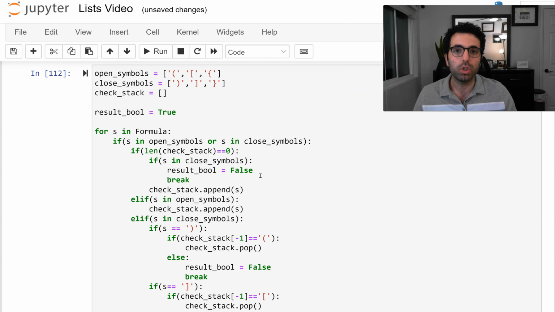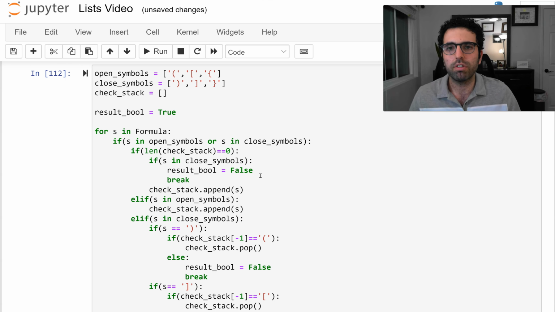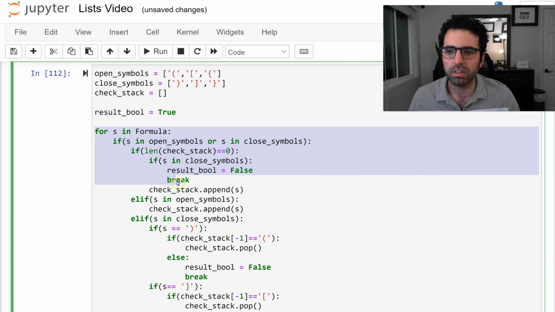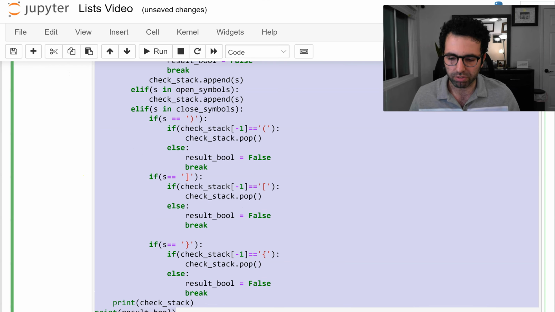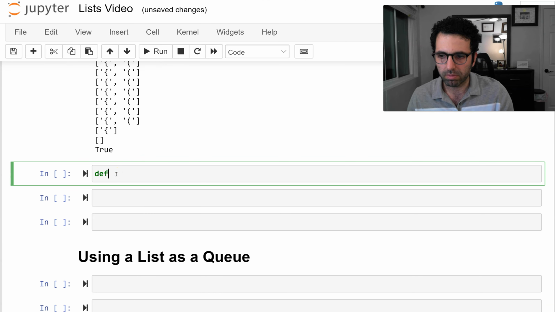I could have actually used this. You created function here, right? I know we haven't talked about functions yet, but let's just use it here. And once we get to talk about functions, of course I'm going to talk about them more fundamentally. All I need to do to make this into a function is a few changes, right? I can say define check formula,